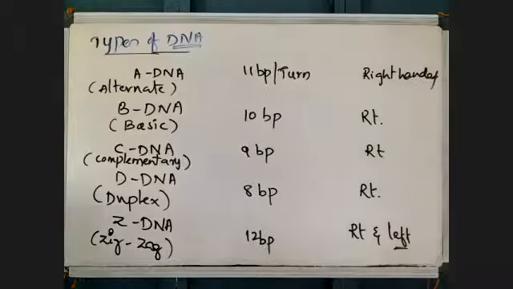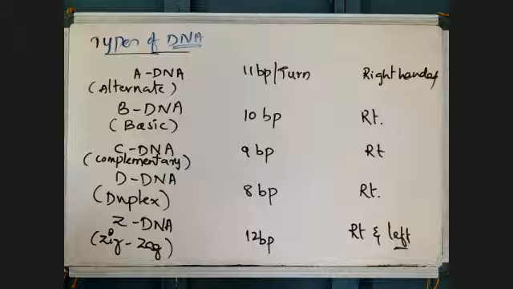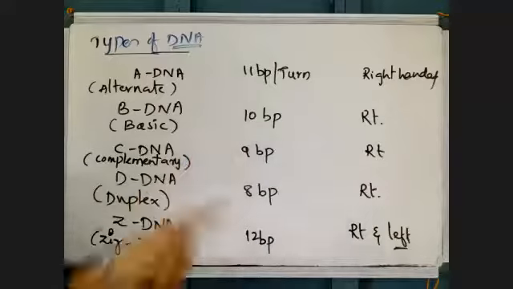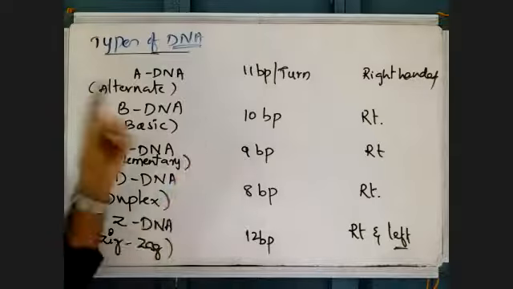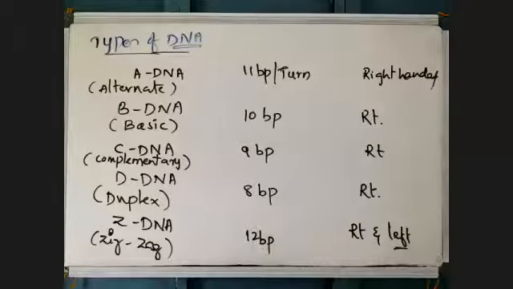Basic DNA structure we already studied. Whenever a question comes on the length of DNA, then we need to consider this only: bDNA, 10 base pairs. Because this is the basic DNA, the popular DNA which is present in the majority of organisms. Majority of living organisms have basic DNA.